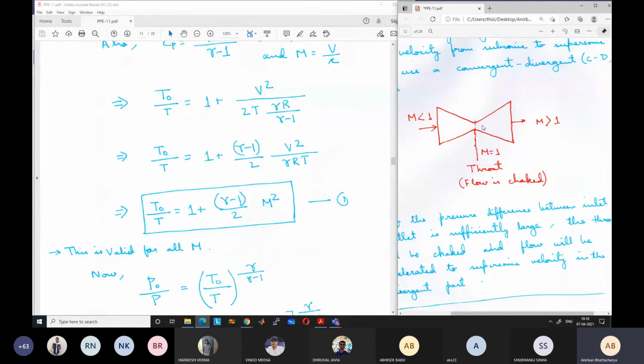If there is a pipe through which air is flowing at a certain velocity, 100 meters per second, and say temperature 300 Kelvin, then there is an obstruction, and because it is facing the obstruction, it will come to zero velocity. In doing that, if there is no heat loss, its temperature will increase. The kinetic energy gets converted to enthalpy, and the temperature that we get when the velocity becomes zero is known as stagnation temperature.